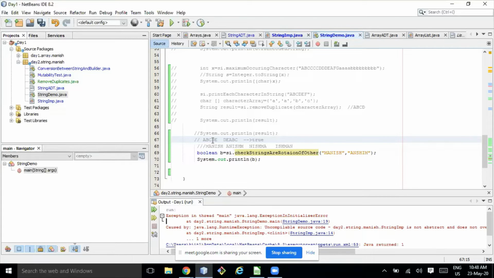Then split the first string into two parts and rotate them, so it would become D, E, A, B, C. That should not take too much time, because I am finding the pivot point and then splitting.